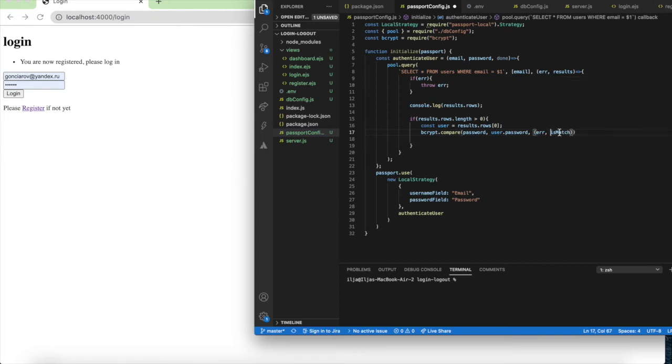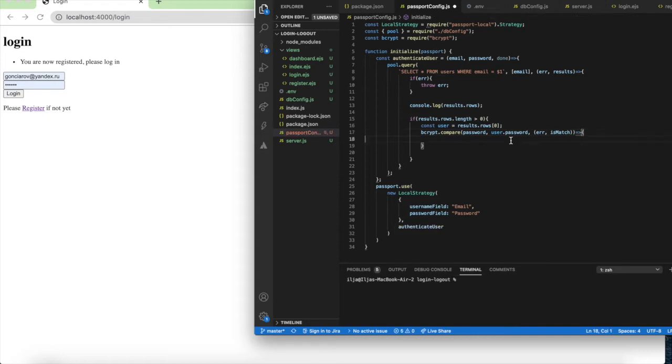It's inbuilt. Okay, if passwords do match,